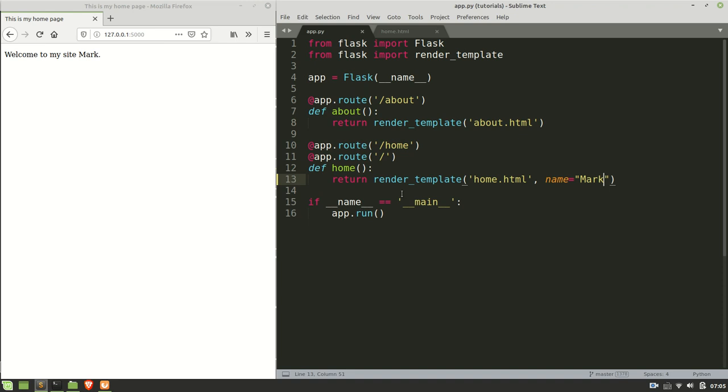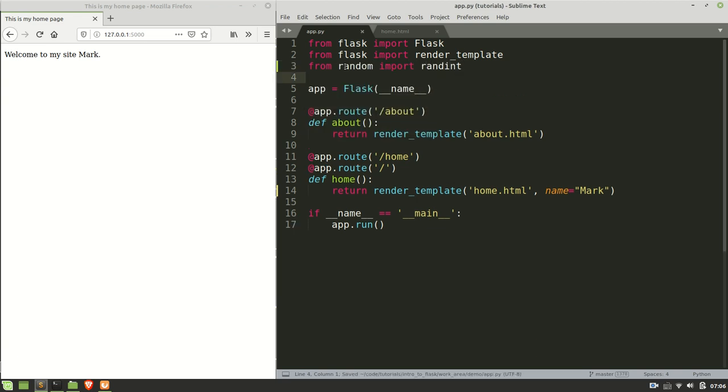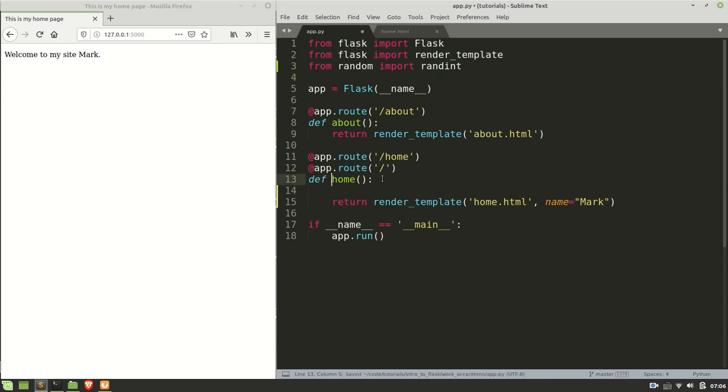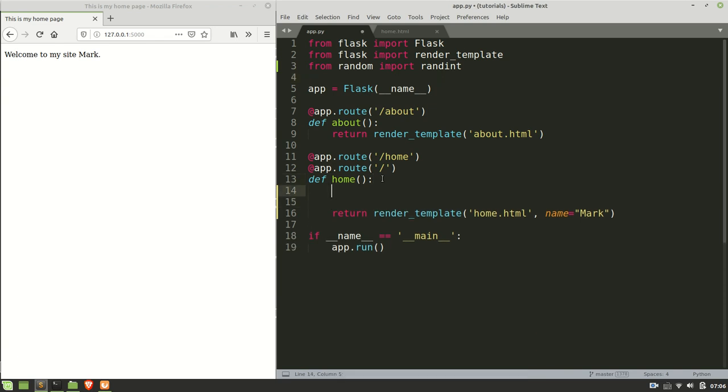I'm going to create some random numbers here. To do that, I am going to import random integer. And inside my function, I'm allowed to do whatever I want, as long as it's valid Python. I'm going to call this lucky numbers. Instead of using a list comprehension, which might be a little complicated for people, I am going to do this: while lucky numbers is less than 5,